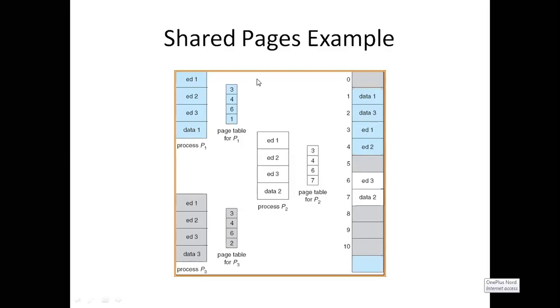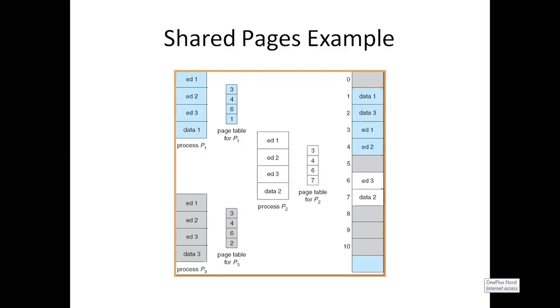Okay, and separately data 1 and data 2 and data 3. Data is separate for every process. Here it is data 1, process 1, data 2, process 2, data 3 and process 3. In that case, we no need to keep them in the common place. Why? Because they are not the same code. It is not a reentrant code. Reentrant means duplicate, copy.